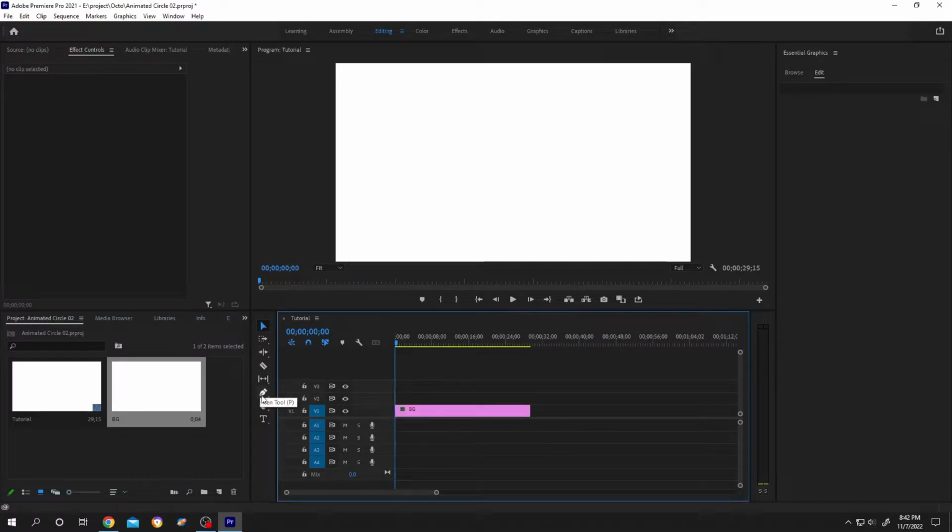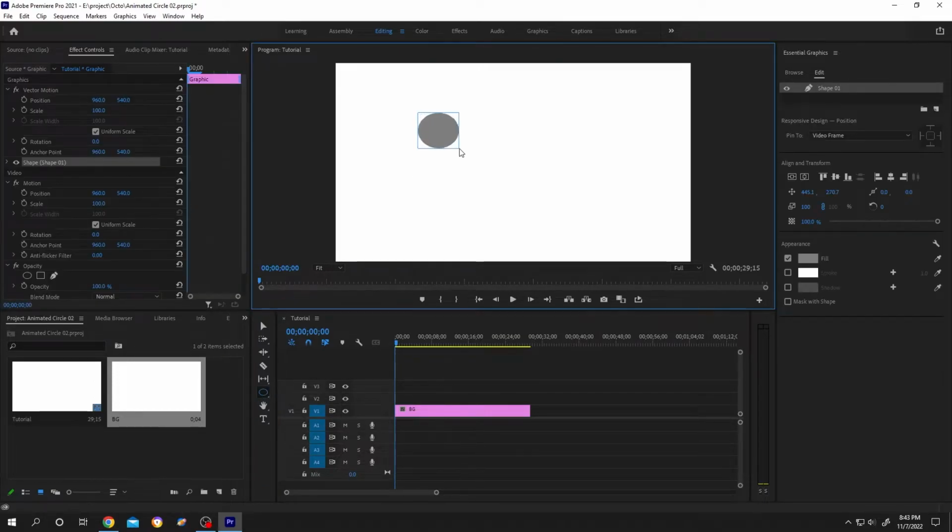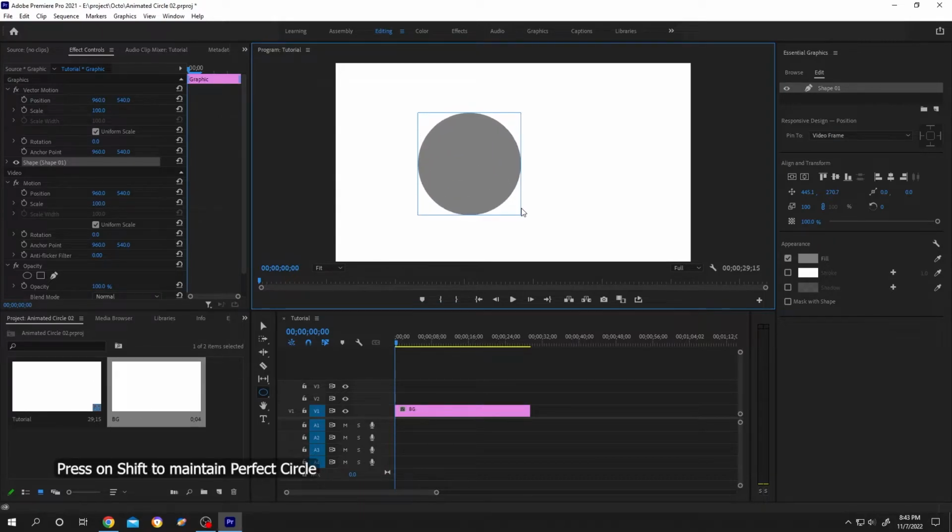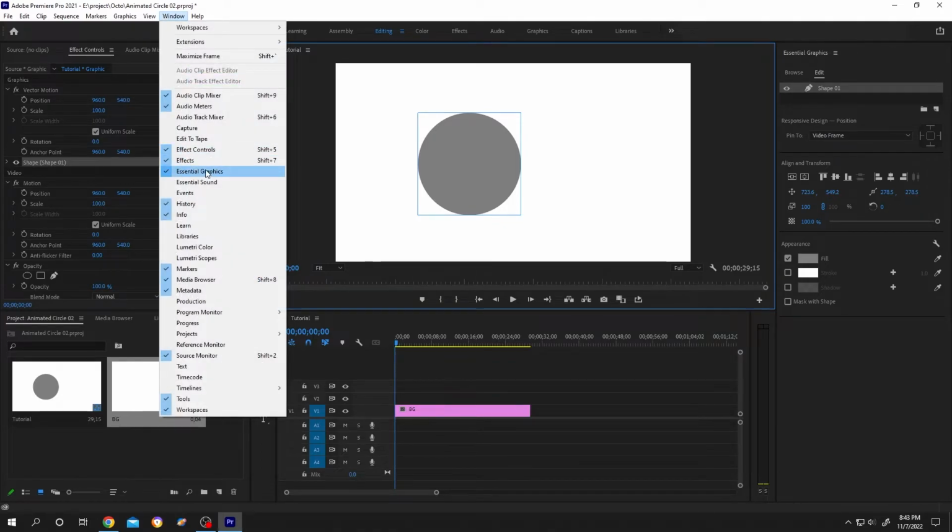Now from tools, left click, hold over the pen tool, then select the ellipse tool, left click, hold, drag to draw the circle, press on shift to maintain the size or the shape. After you are done, move to right side, essential graphics. If it's not here, go to window, then check essential graphics from here. Now center the shape,